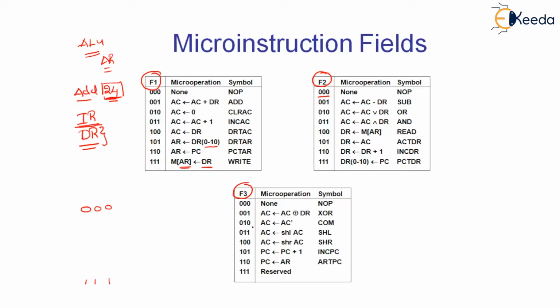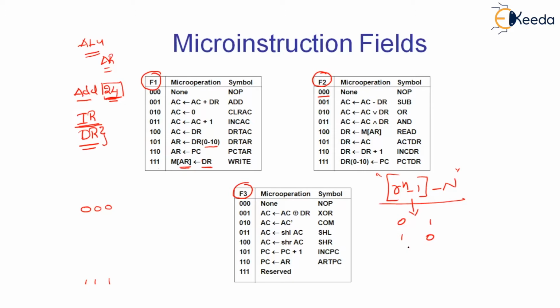If it is 010, a complement operation will be performed on the contents of the accumulator. You know what is complement? Complement is nothing but one's complement. In the one's complement, 0 will get converted to 1 and 1 gets converted to 0. And the rule for the complement is r power n minus 1 minus n. This rule makes 0 to 1, 1 to 0, which has been explained in one of my data representations classes.